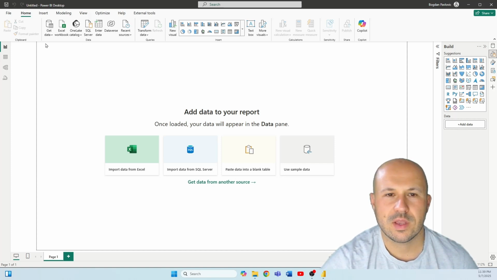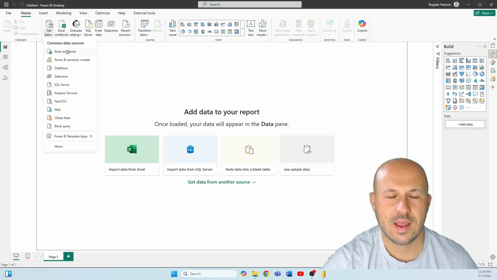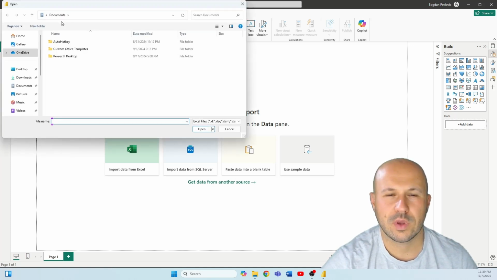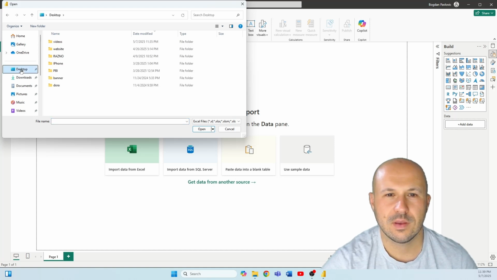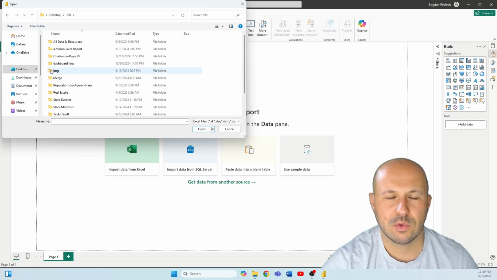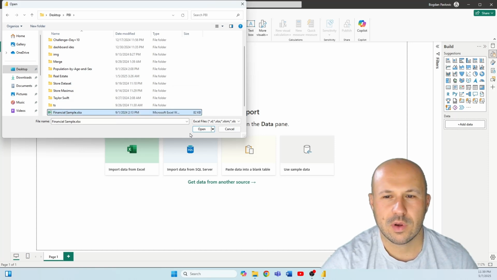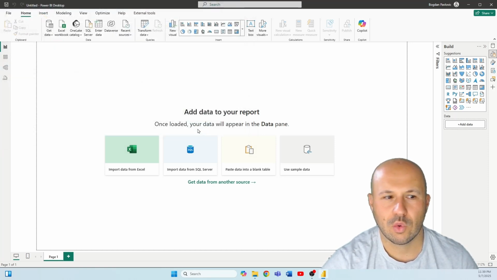Now the first one is under the Home tab, select Get Data, and here you have the first option, Excel Workbook, or you can select it here from this Home menu also. Just click Excel Workbook, and now you just need to find where it's stored on your machine. In my case that will be the Power BI folder, and here it is, financial sample. Double click on it or click and select open,